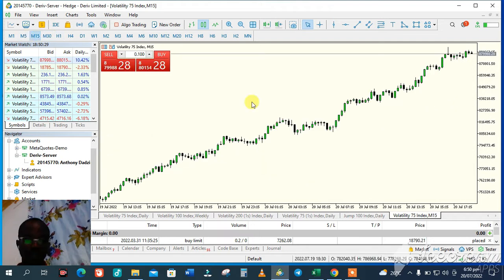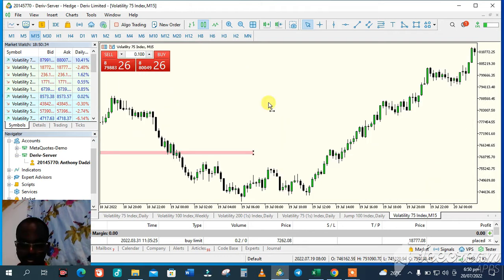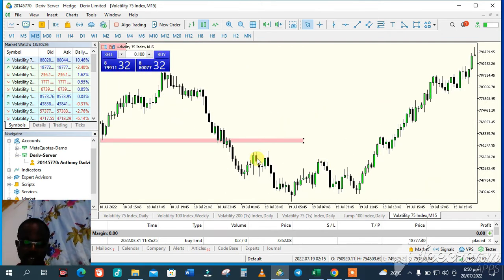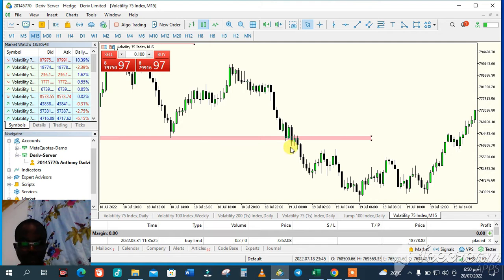Let's go down to the 15 minutes time frame. Okay, so the 15 minutes time frame gives us a clearer picture. So when price got here, it took down the lows, and then the normal thing after price has taken down the lows, has taken the liquidity here with all the buy orders here,